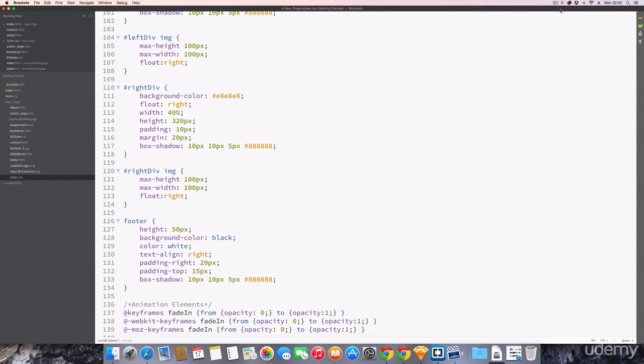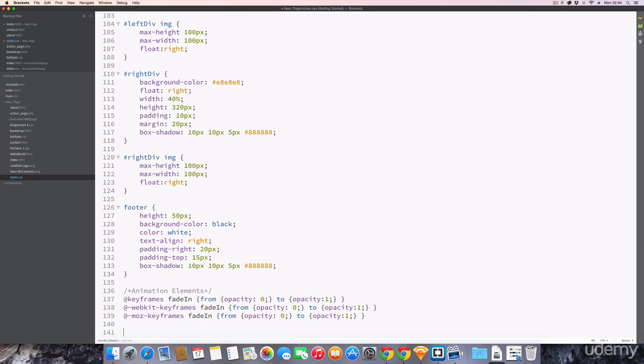Okay, so we have our keyframes for the fade in effect. What we want to do now is actually use that. We want to create a class that we can use within all the objects we want to have fade in. So I'm going to write the CSS first, and then we're going to add that class to the elements. Because it's a class, dot, I'm going to call it fade in,